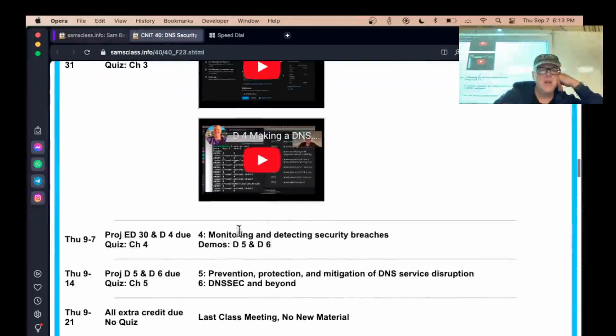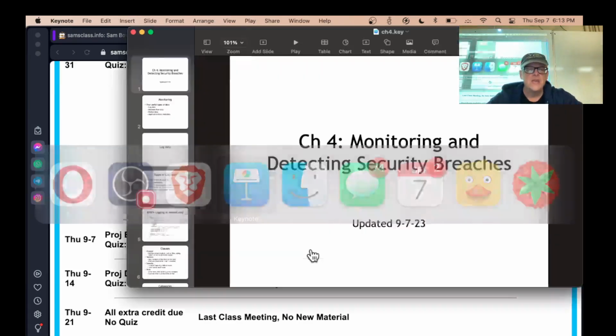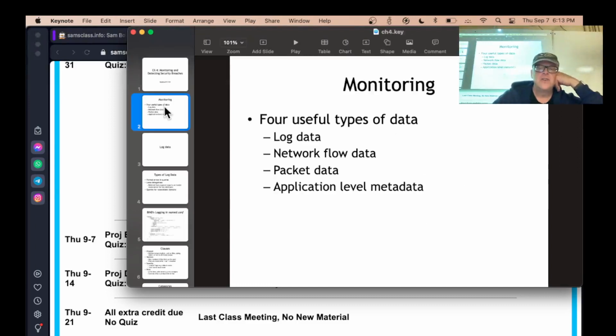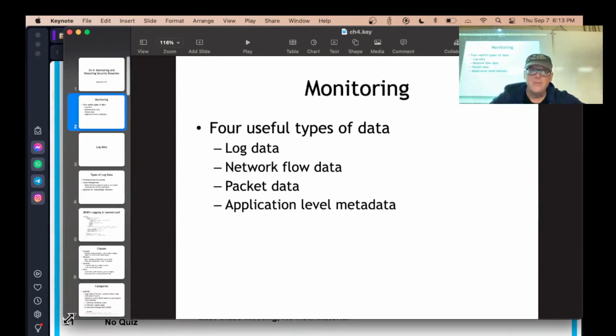DNS, and we're going to talk about monitoring, detecting DNS evidence of security breaches, and then I'll talk about a couple of projects. That's the plan. And so we're going to talk about, if you monitor data to see what's going on in a network,